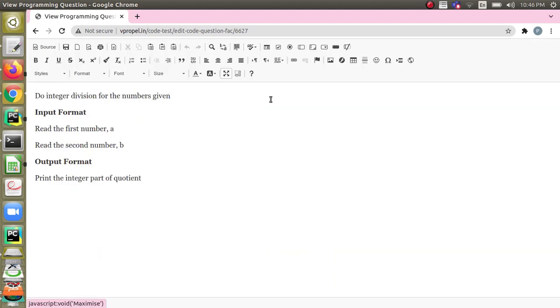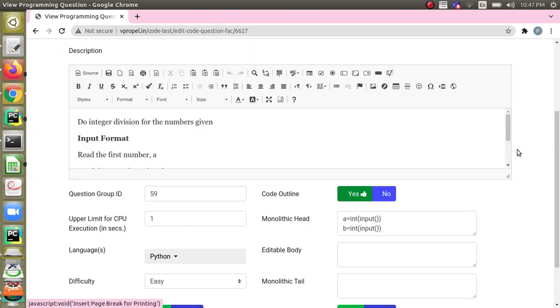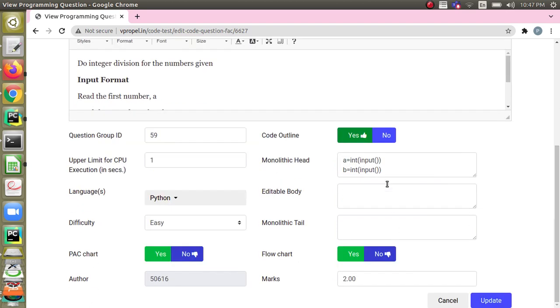I want to check whether students have understood the integer division for numbers. So I have just mentioned the description as do integer division for the numbers given. And input format, you are telling read the first number, second number. Output format is print the integer part of the quotient. And you can see in the head what I have done is I have written the code for reading the input. I have converted to int, and there is no tail.